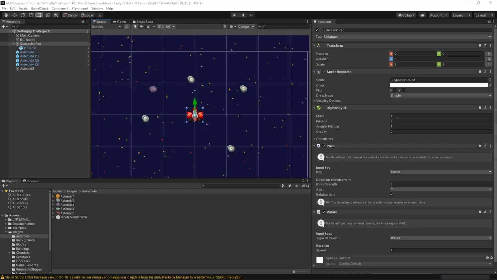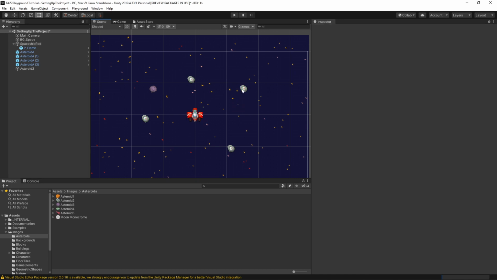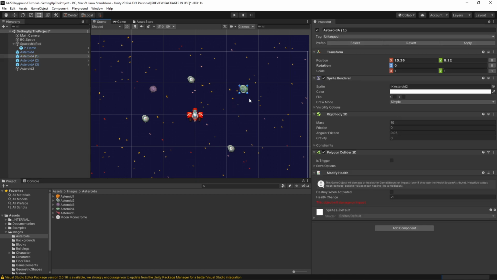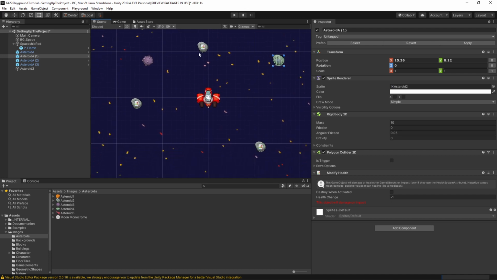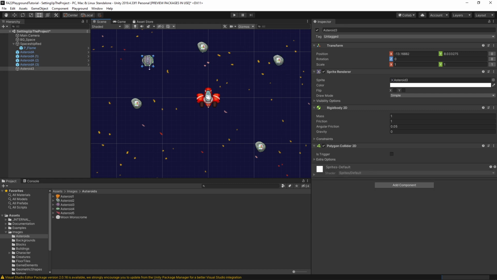Okay, folks, this is the Introducing Health tutorial. So we're using a prefab, or many of us may be using prefabs. These asteroids, which are the same ones that we used in the first tutorial, are the prefabs. This one here is not a prefab, and so I'm going to be making some of the changes that it's